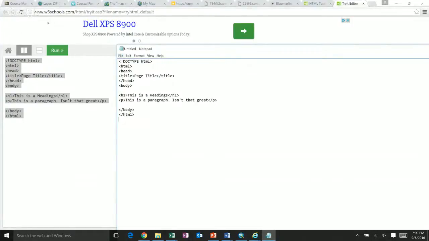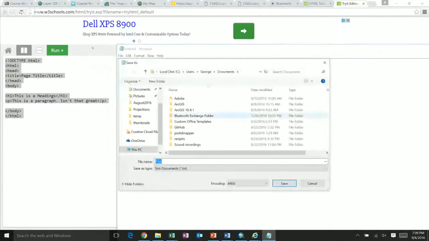And now I'm going to say File, Save As. And here you have to do a few things different. This thing that says Text Document, you want to change that to All Files. And you want to change the file name to something. Let's call it index. Index is often the name of the default document in a folder. So we're going to change it to index and then type